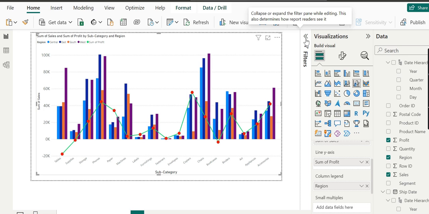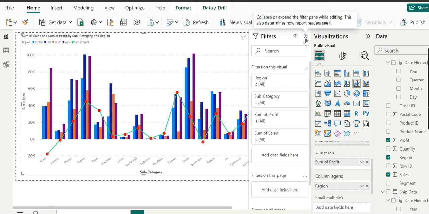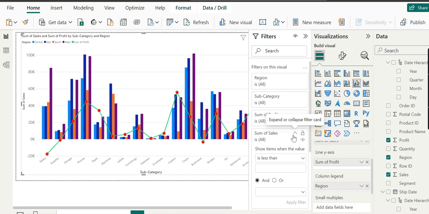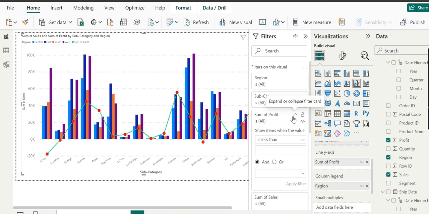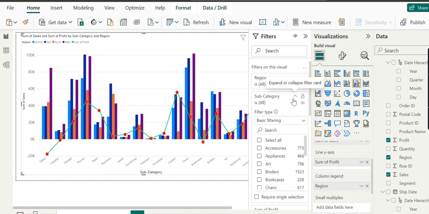Then what we will do, we will go to apply filter. Basic filtering, region.